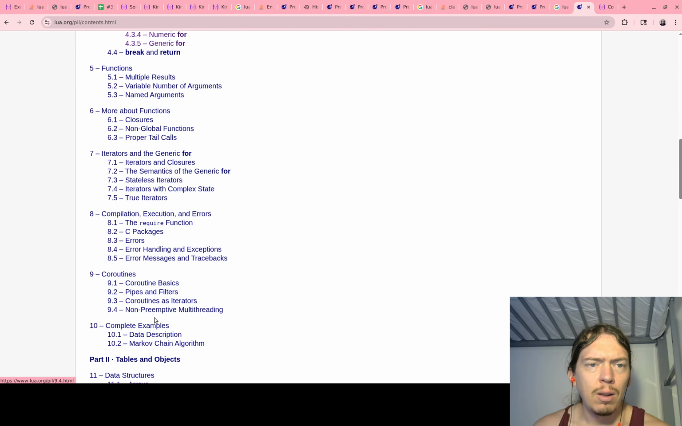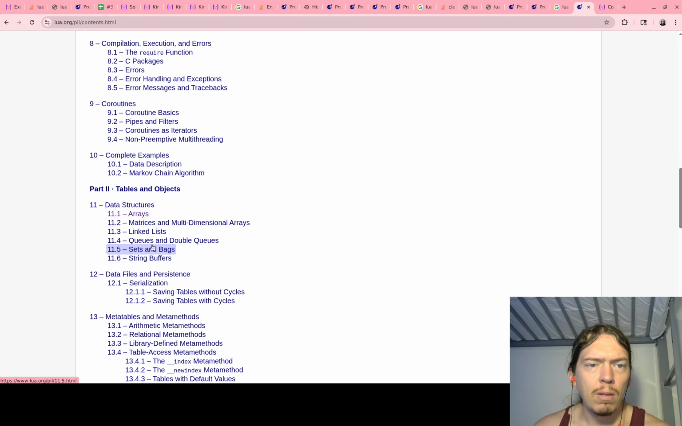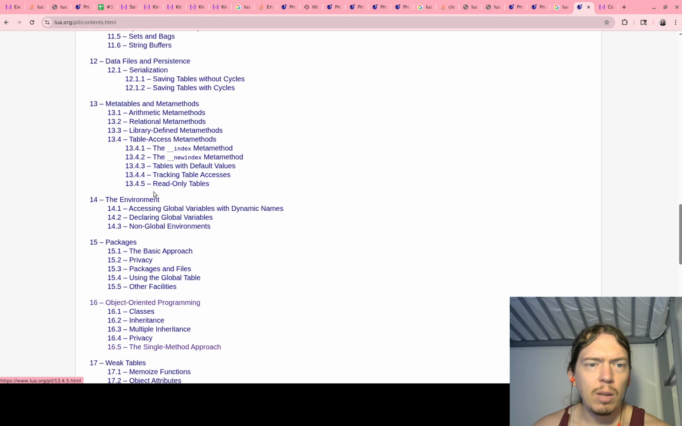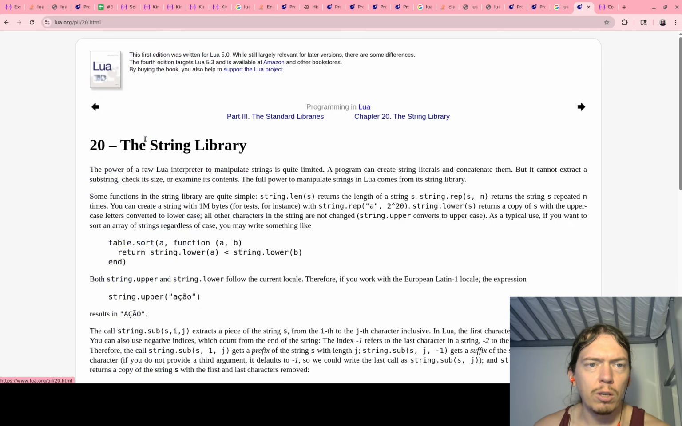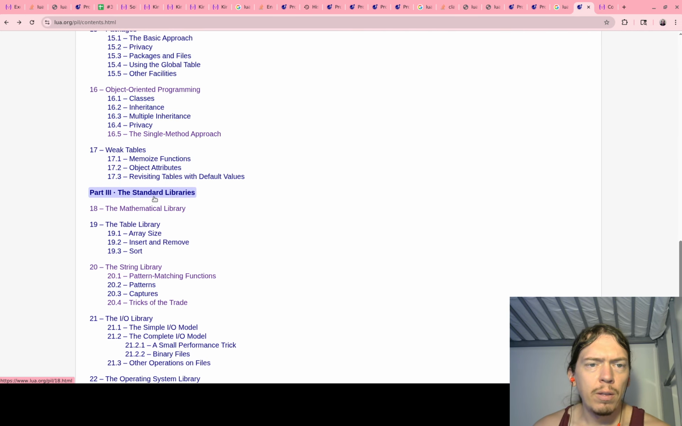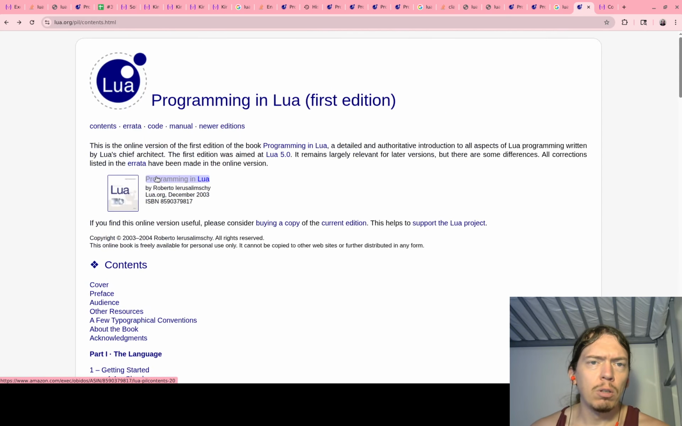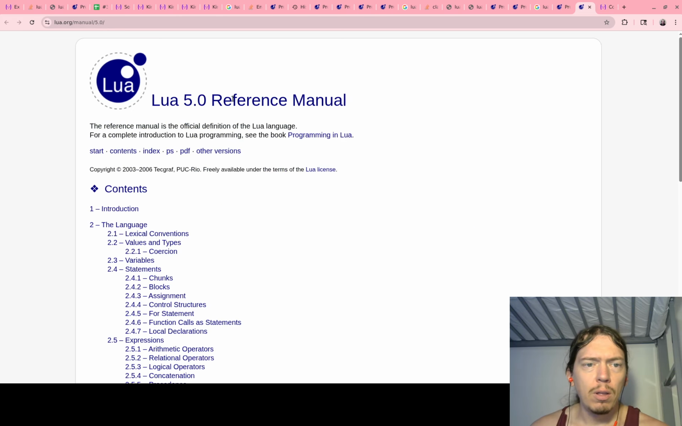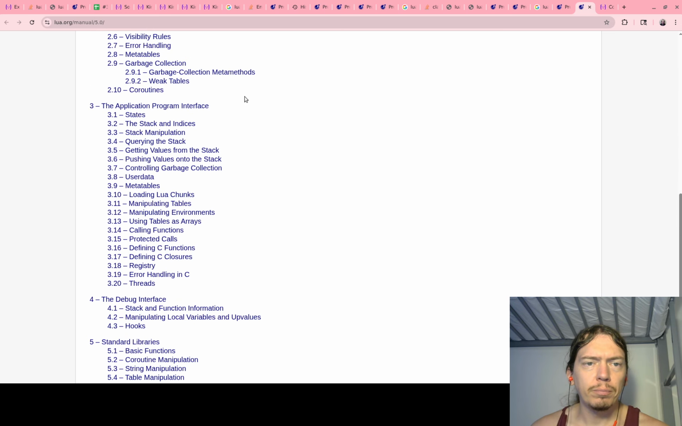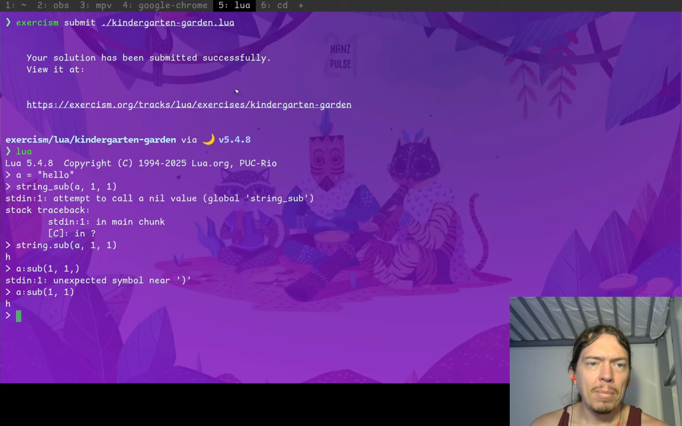So then let's see here. String library. Where was that? Tables and objects, standard libraries, string. Standard libraries. Oh wait, where is the reference manual? Programming in Lua. Is this the reference manual? Oh. Oh, okay, I should have been here as well. I've seen enough for now. I'm gonna